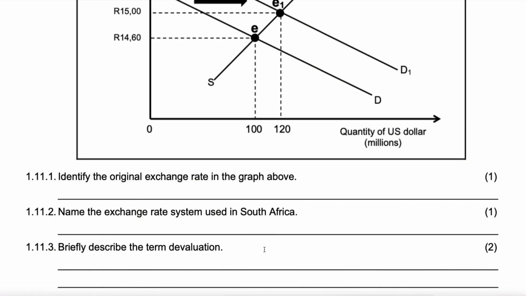Then briefly describe the term devaluation. Now, what I normally say is take devaluation and revaluation, put them on the right side. Take appreciation and depreciation, put them on the other side. Now, the two, appreciation and depreciation, are things that happen naturally. And then these two, devaluation and revaluation,